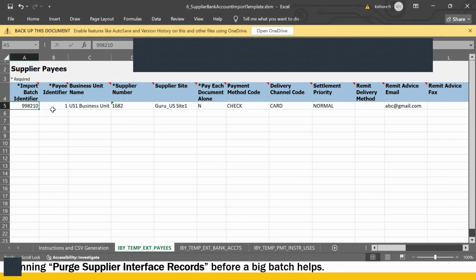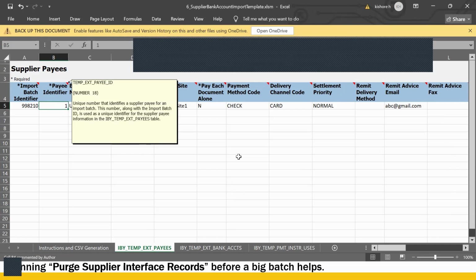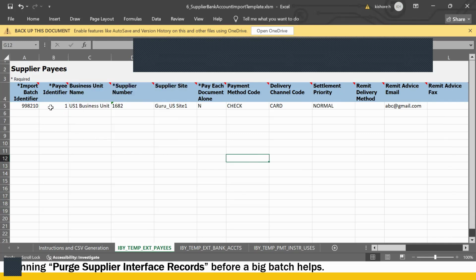So we are good with pay identifier. Pay is nothing but the supplier's identifier, the number for the system to identify. So this is one of the identifier numbers, and this is the supplier number. This is just like an ID number. And the site name you have to mention, and whether you want the supplier to be paid with respect to each document alone, or you need to consolidate. You have to specify it here. In my case, I'm going to say pay each document alone,